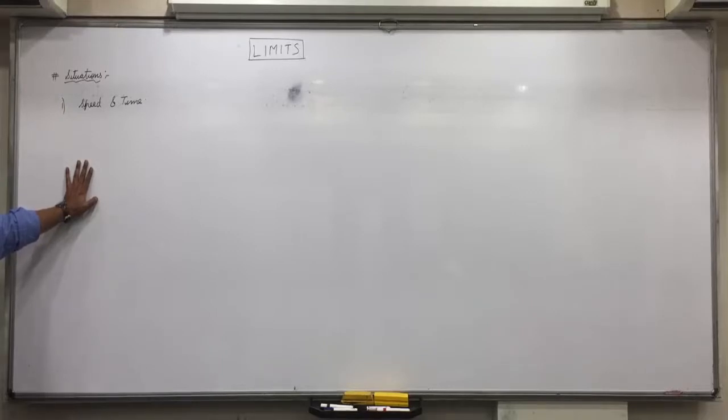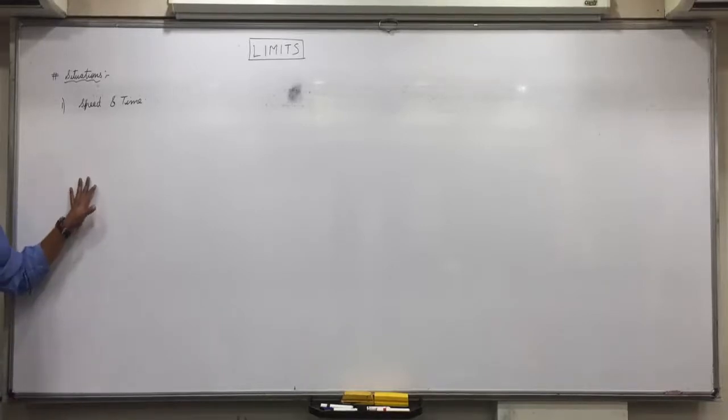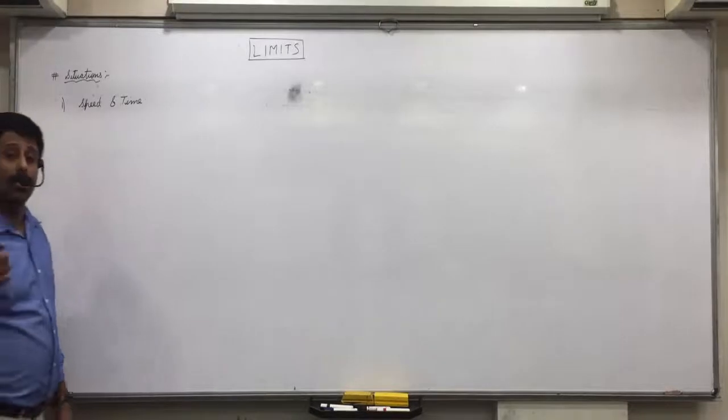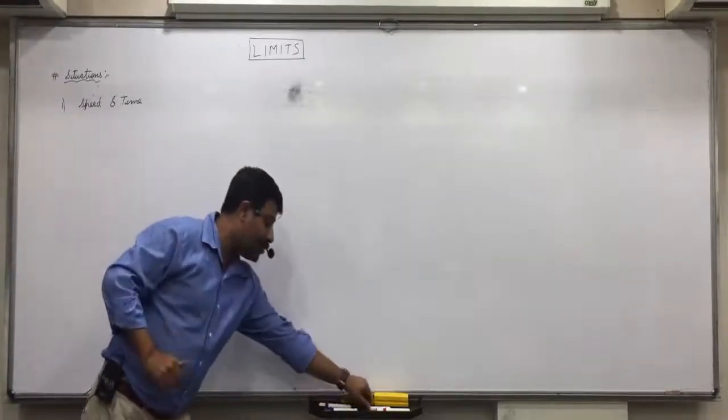That is the concept of limit. The exact value is not determinable. It is called an indeterminate value. But the nearest value can be obtained. Okay, one more example I'll give you.